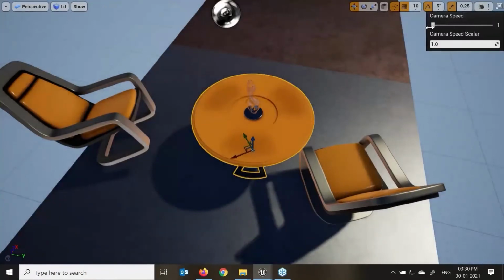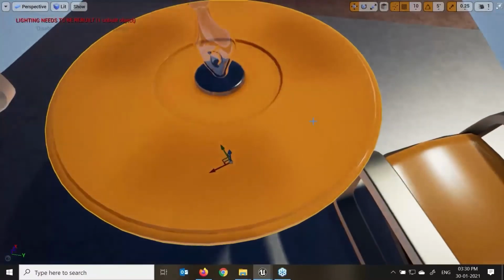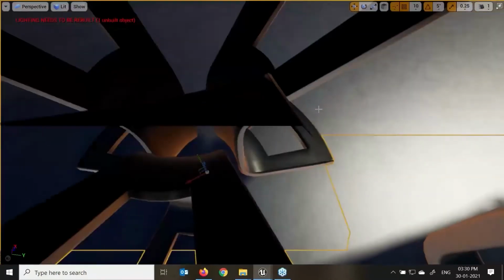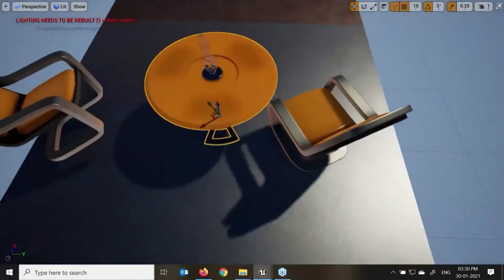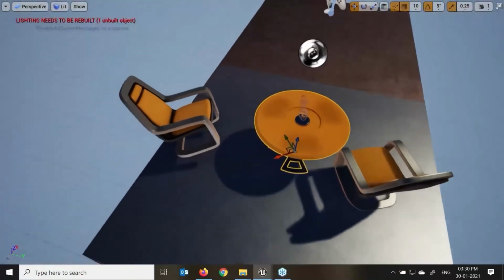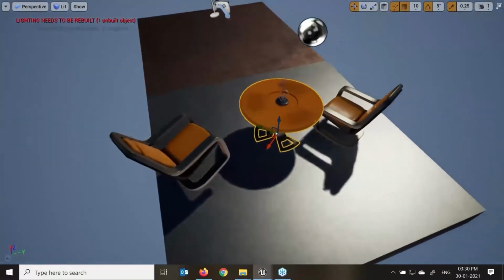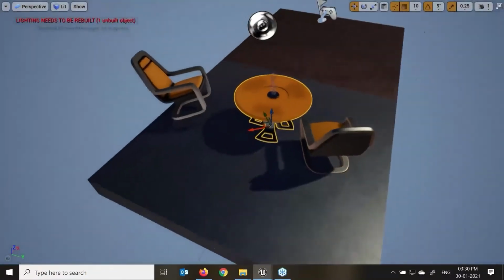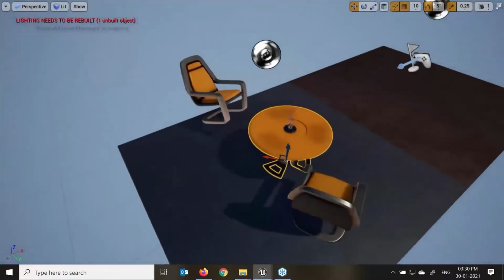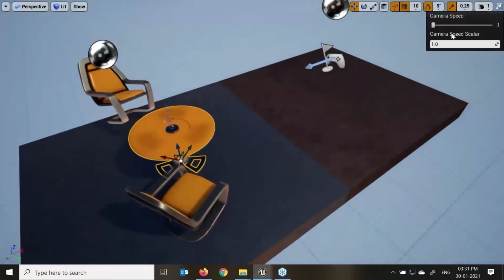I'll try to reduce it to 1, and if you see over here, I'm slowly moving it. W, press right click. S, backward movement. A, I can move my view over here. D and the right click, here you can see I can move normally like a game controller, what we are seeing. Now here you can see my mouse and my camera movement is really very slow.